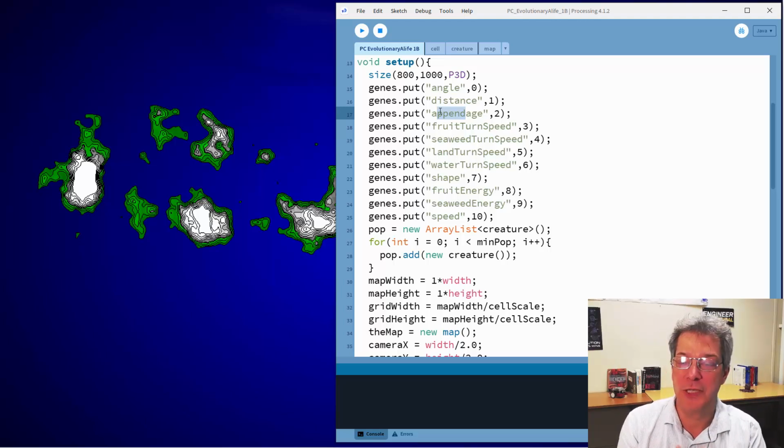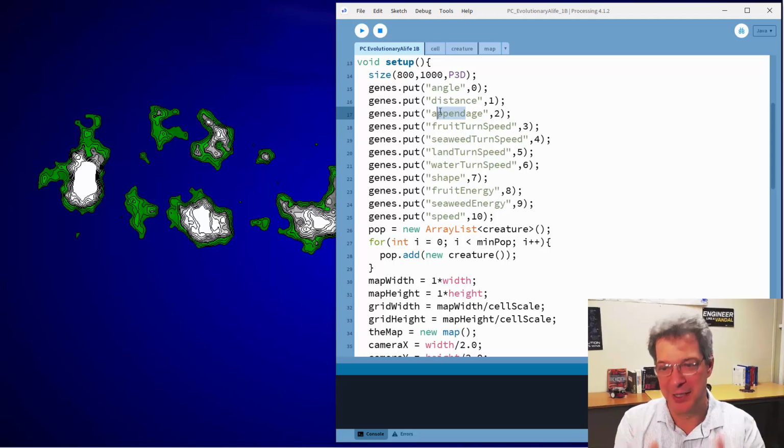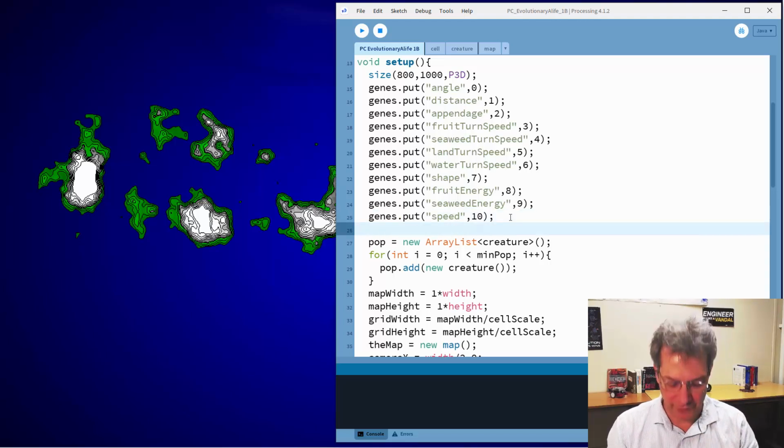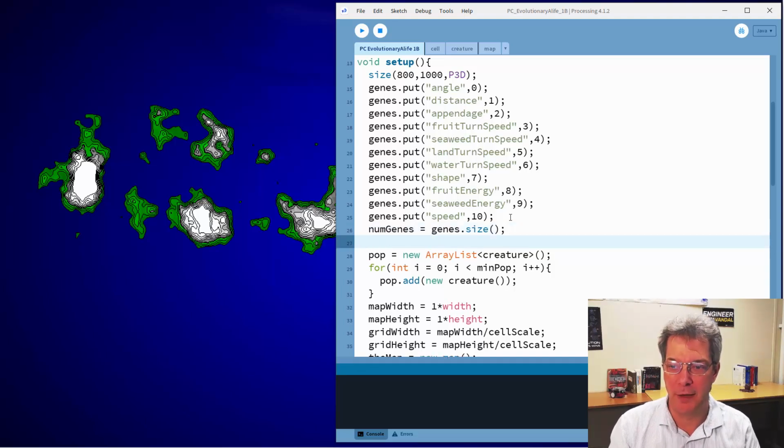So I'm trying to include traits that have to line up so that we can get more interesting evolutionary outcomes. This defines all of our genes, and I'm sure that in looking at the model, you already have ideas for lots of other ones, easy enough to add. So there's all of our genes, and again, an easy list to add to once you see how all of the code works. And now the last thing I want to do, now that I have the genes put in, is to have the number of genes, which we'll use in other places in the code, which is based on the size of that hash map. So if we add more genes, the total number of genes